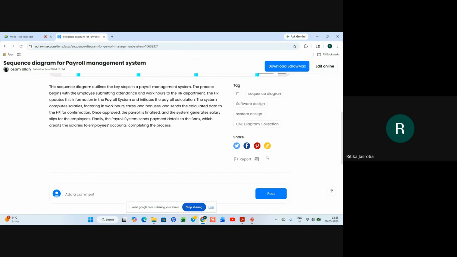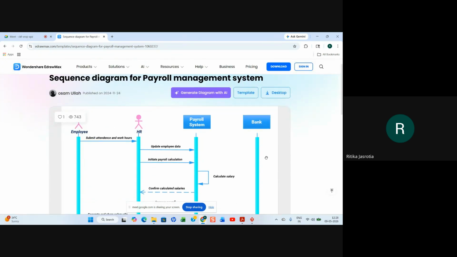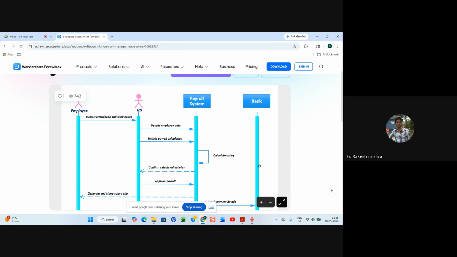Any doubts? No, ma'am. So this is your thing, how you want to take the question. You want to make the question according to your criteria. It doesn't matter. You can club in attendance and salary: how he logs into the system, and then he's authenticated. After that, he puts in his